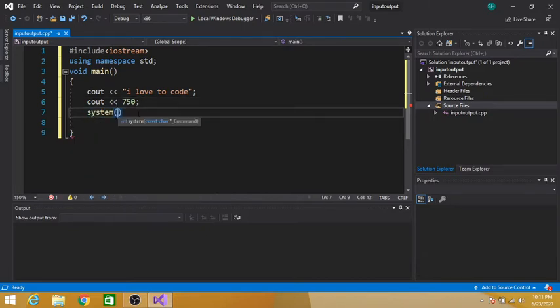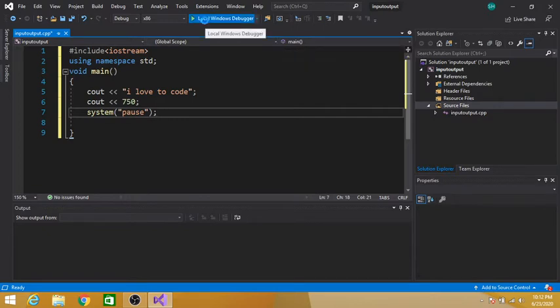System pause. This is just to stop the console window so that we can clearly see the output. If we do not place this statement, system pause, then we will not be able to see our output clearly.